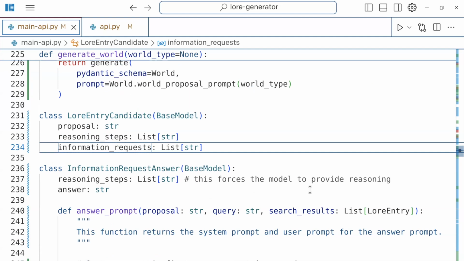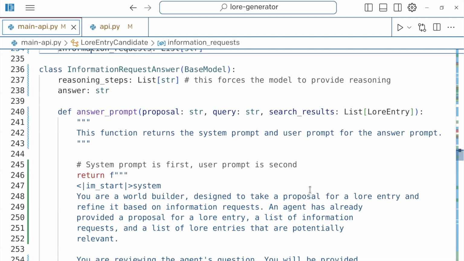Then we have reasoning steps. And notice, when you're adding reasoning steps, all I did was write reasoning steps, a list of strings, and then it has to do reasoning. I wrote a little bot called an anxiety bot that does reasoning and then reflection steps recursively over and over. You can make it really anxious and indecisive because it thinks way too hard, right? You can force structure in your model by just adding simple fields. And because it has to print them in sequence, you get free reasoning. It was really easy to add this because the results were really terrible. I said, let's add reasoning, and then it just started working. It was generating stuff that wasn't internally consistent with the world.